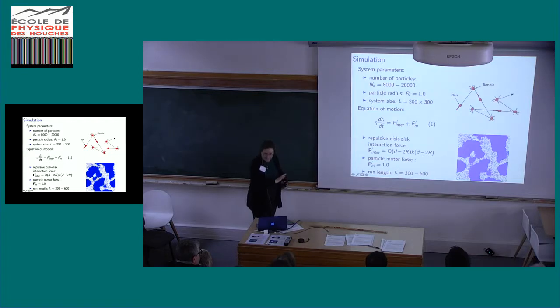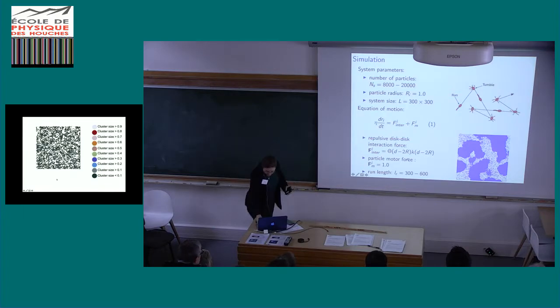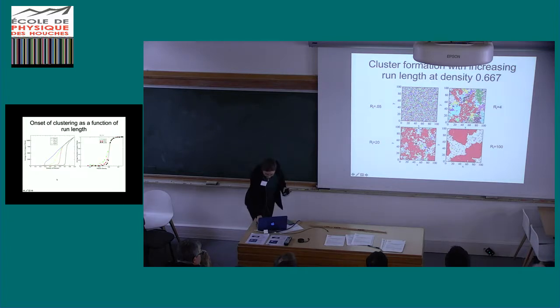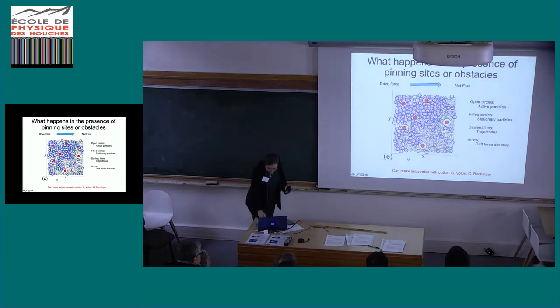All right, so we're going to take our same simulation that we did before, and so these are granular particles, and we're just going to add a motor so that they undergo run and tumbling. I'm going to skip that because I'm out of time here. So we see the same type of transition that people have seen, where you go from the gas-like state to this clustered state. And so now we take this and we put it in our pinning sites and ask, okay, what happens? We've essentially got this jamming transition if it's clean, where it all forms this one giant cluster. Can we get sort of a clogging state?